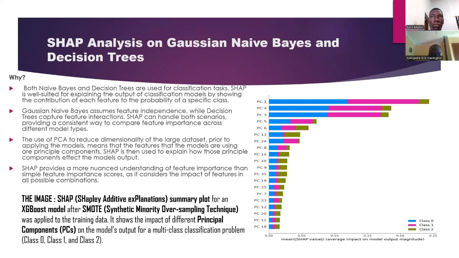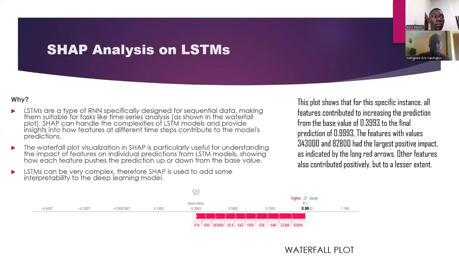Next, SHAP analysis on the LSTM network. This is powerful for sequential data. It uses time series, and is great for tasks like evaluating the waterfall plot, as we have down there. The feature contribution in SHAP helps to understand how features at different time steps influence the LSTM prediction. Now the interpretability in this is